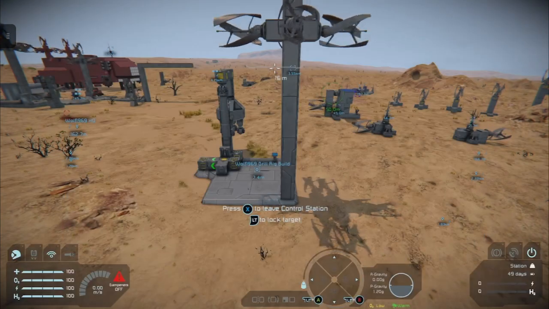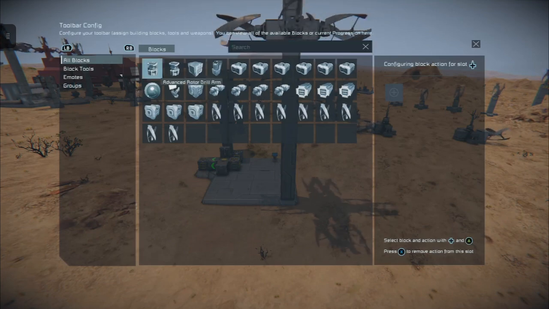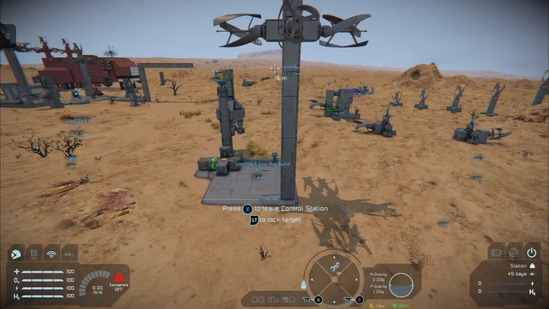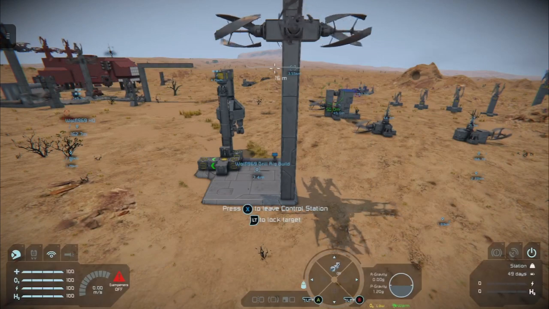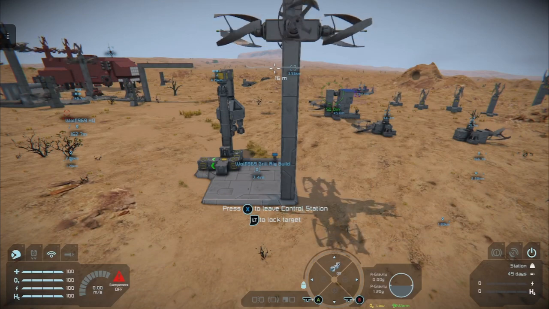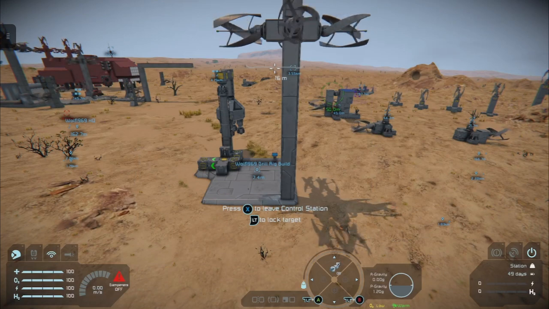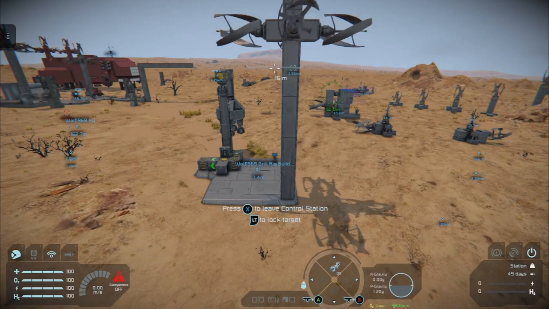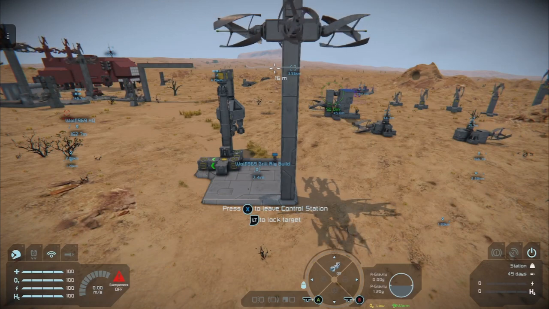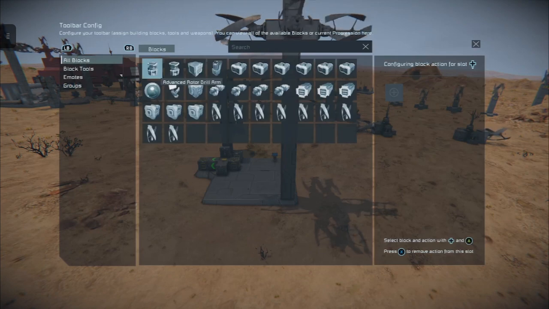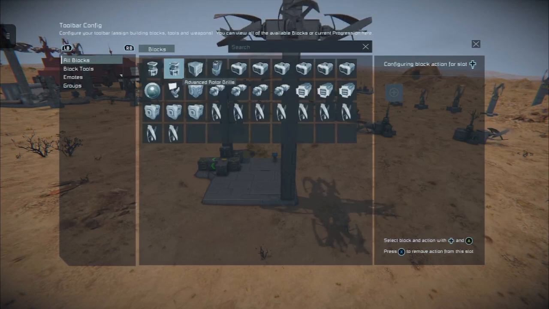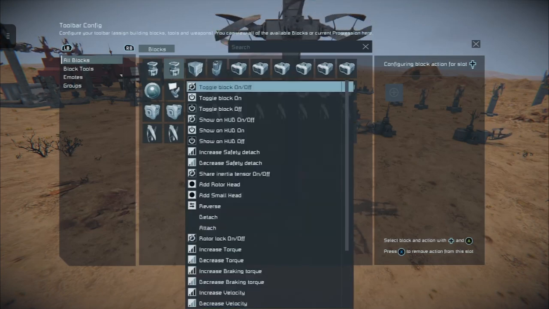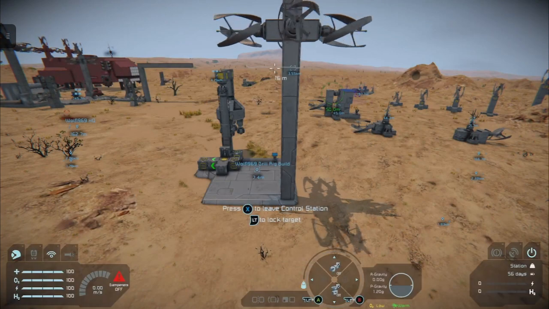And then we're just going to pop our drills like this. There we go. So our drills are on off. And we want to turn our rotor for the drill on off as well. So if we hold down on the D-pad, we're just going to go to all blocks, and you'll see conveniently here we have drill arm and drills. So we just want toggle on off on that. Just turn it off for the time being.